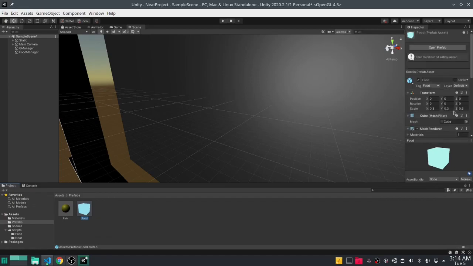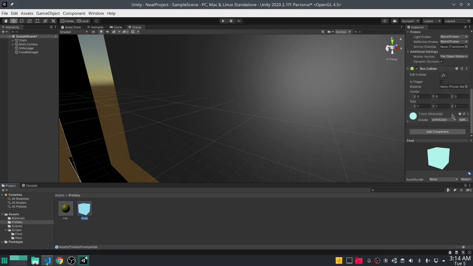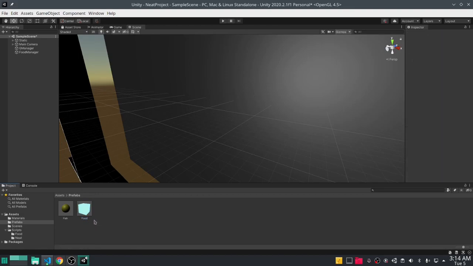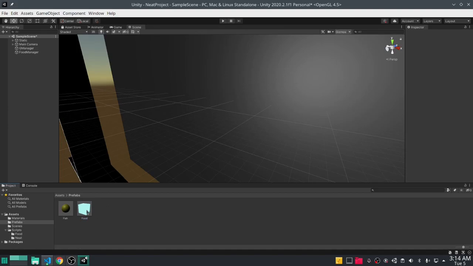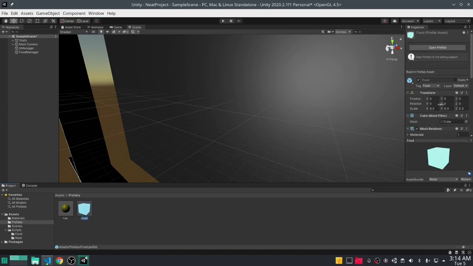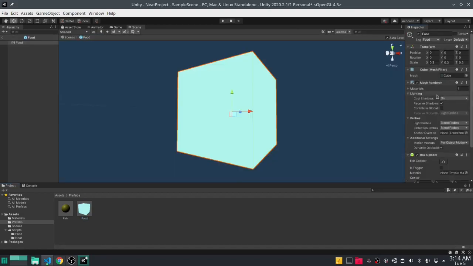So because we do not have our fish prefab set up. So we spawned a single food, but right when that food gets spawned, we get an error. That is because our fish food does not have any food controller connected to it. So what we will do is we will click the food prefab, open that prefab up,